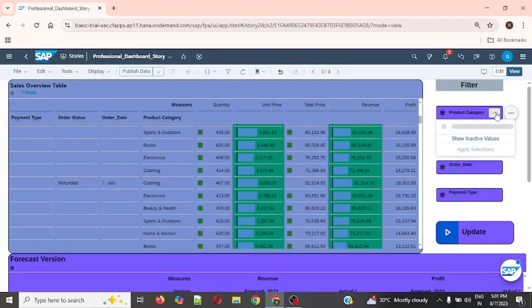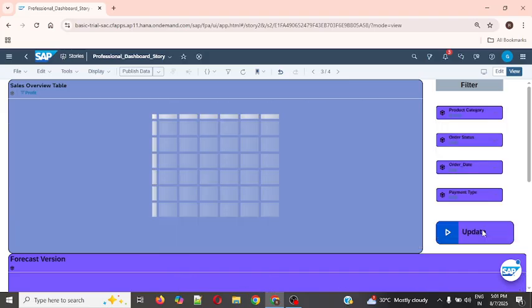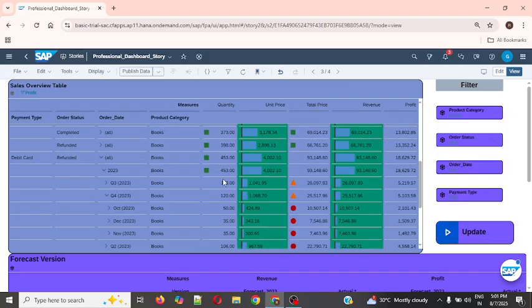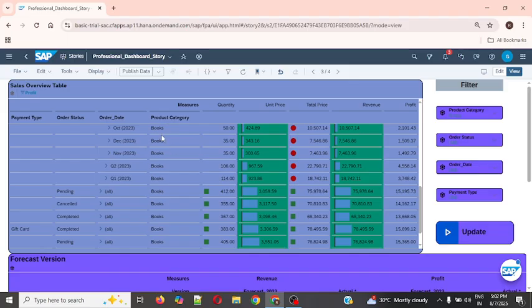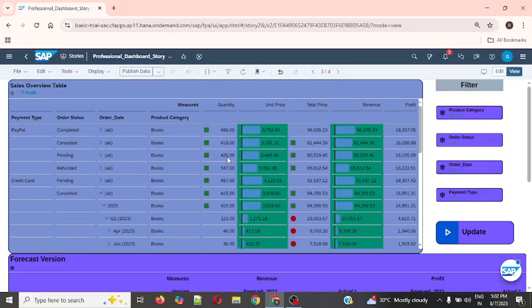If you want to see the product category only for, let's see, only for books. Let's see if it's working. Yeah, see, we are getting all the product categories based on books. Okay, the quantity, unit price. And now let's see only for